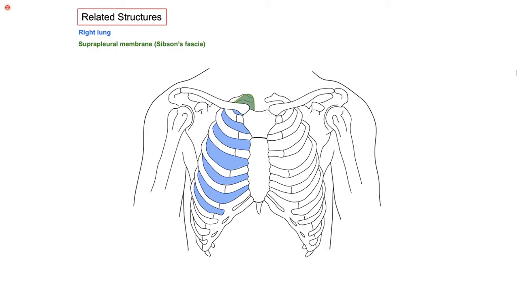And what is pleura? Pleura is the covering of my lung. Like we have learned about peritoneum, then we have learned about pericardium. So now the lung has been enclosed in that same one balloon, which becomes visceral and parietal. So the topmost part, the apical part, we call it suprapleural membrane, Sibson's fascia, or cupula. These are the many names for the pleura which is covering the apex of my lung. So these are many names for the same structure. I hope we are clear with this.